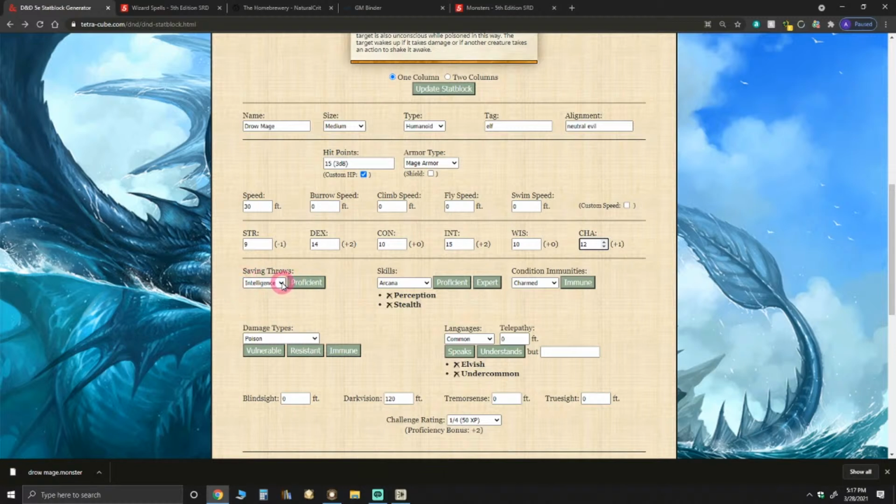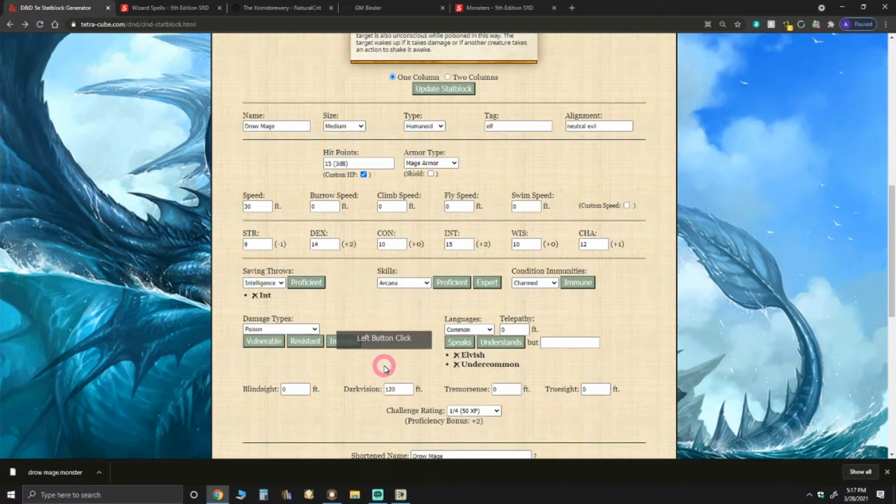Now his saving throws, you can pick which one he's proficient with. In this case, it'll be intelligence. So I've clicked intelligence, click proficient. It adds it down here. Now by default, drow gets stealth and perception. So what I think I'm going to do is you click on these little X's, that gets rid of their proficiencies on their skills. I'm going to pick proficient in